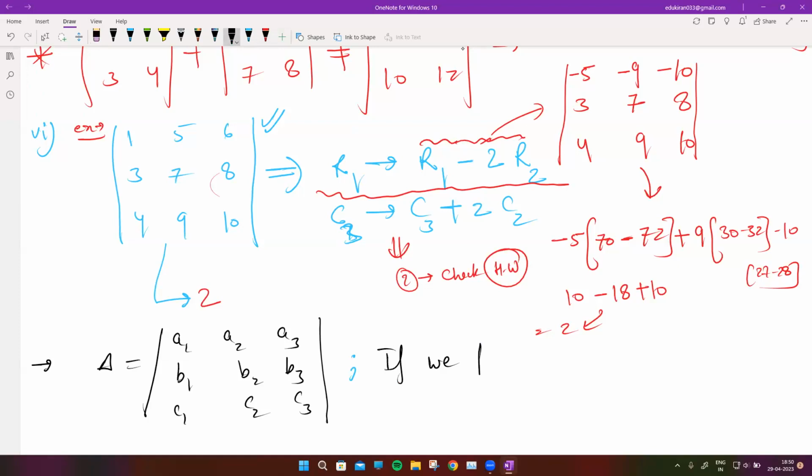If we perform any elementary row transformation